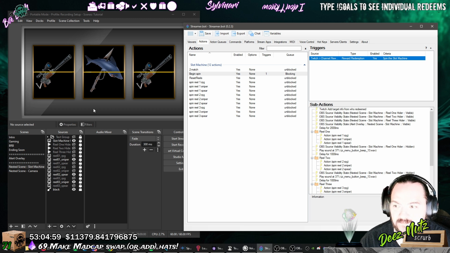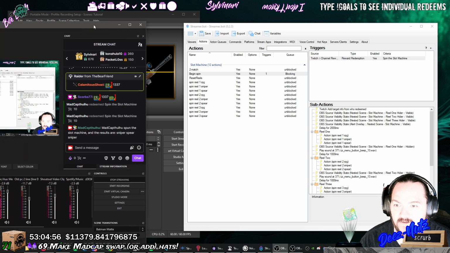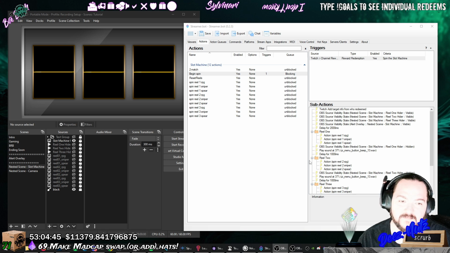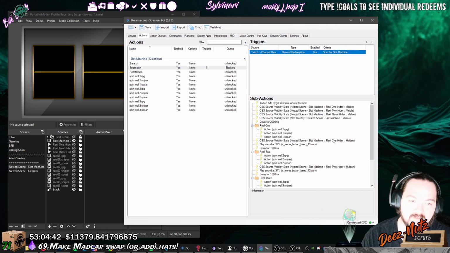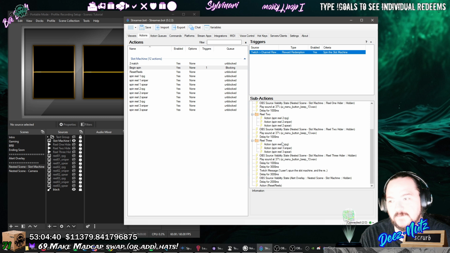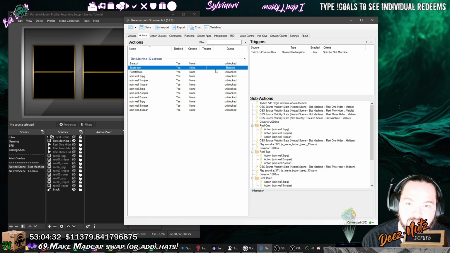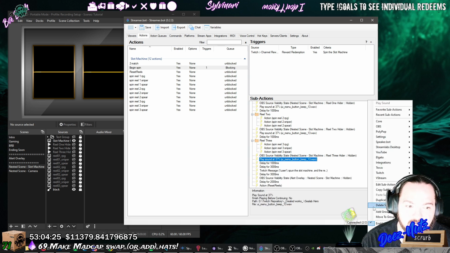Ta-da! And it also says Madcap Thulu spun the slot machine, and the results are sniper, sniper, sniper, or sniper, spear, sniper. Okay, cool. Now, if the first 2 match, that means the first or all 3 of them could also match. So what happens when we do this is we need to make sure that when this gets to